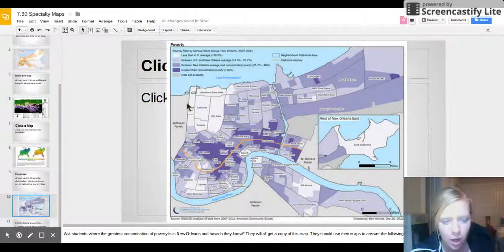And what I want you to concentrate on here, it says greater than concentrated poverty. So that means more than 40% of people are living on or below the poverty line in these very dark purple areas. So this area here, St. Claude area,